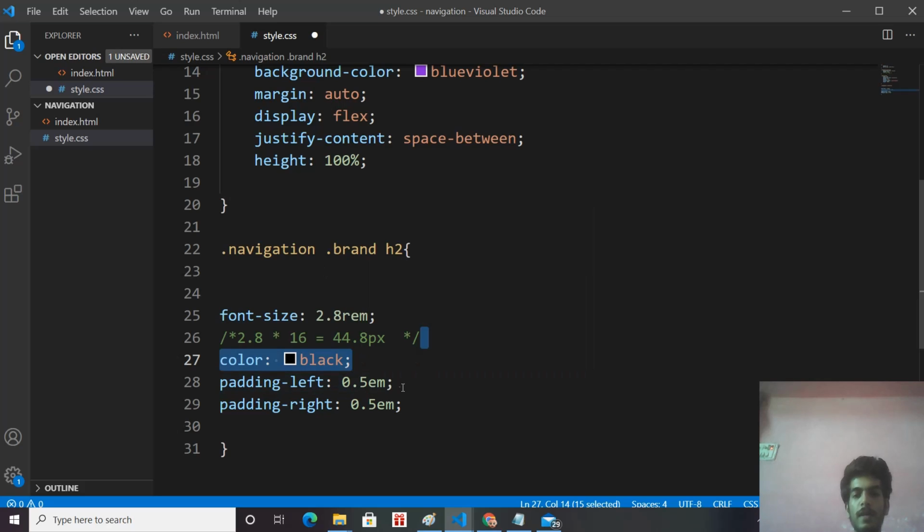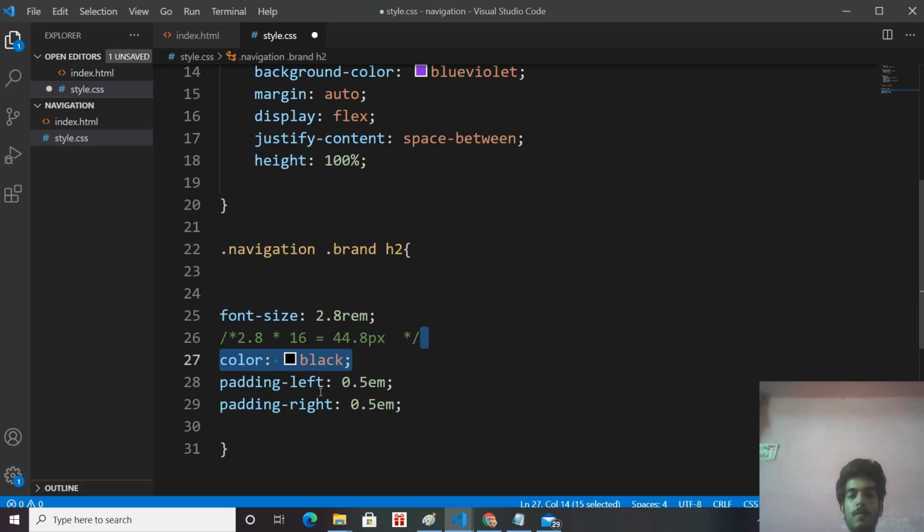Here we have declared 0.5 em. I said that em always takes the value of the font size. Our font size is now 44.8 pixels because the font size has a rem value, and one rem is equal to 16 pixels. But in padding left and padding right, we have given half em, so whatever the font size is, make it half.